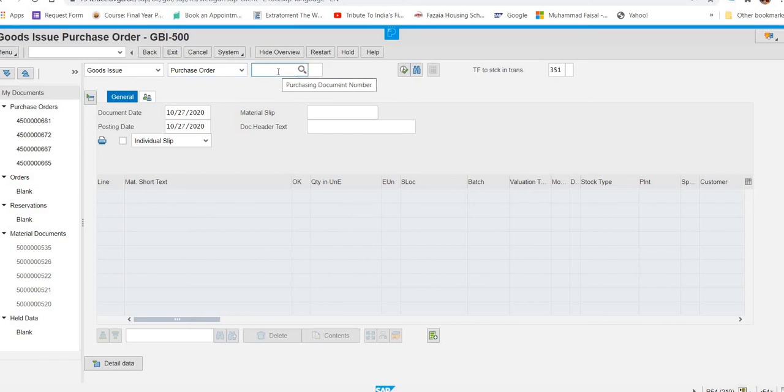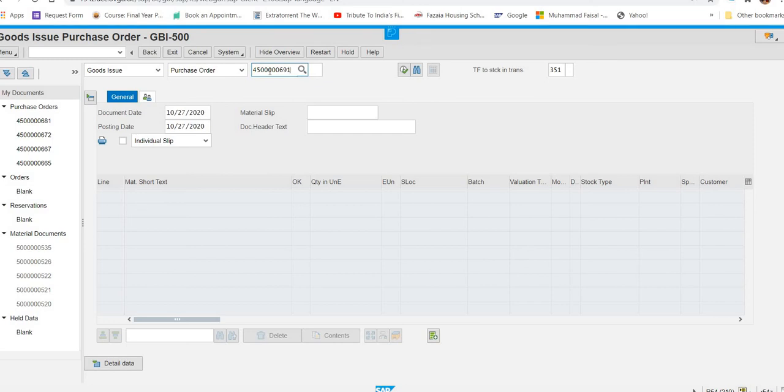It is not from outside, this is from inside. And then after the purchase order, over here you will select your purchase order. So my purchase order is 4550 and then 691. 691 or 681? Let me check. 691.